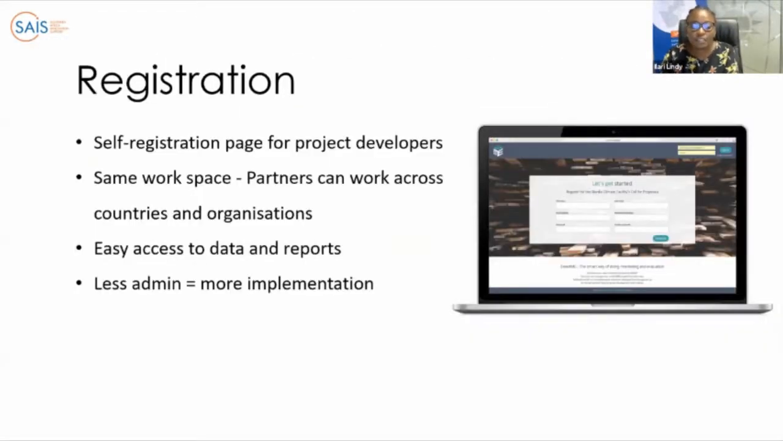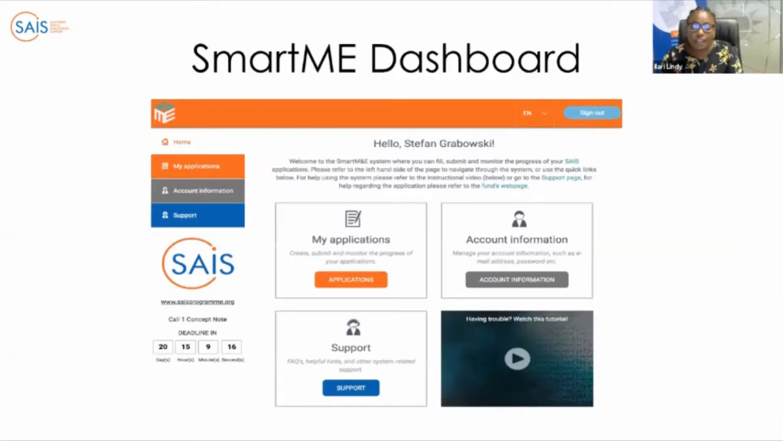there on the screenshot that is showing now on the system, that's the registration page. What you need to provide on that registration page is your name, your surname, your email address, and the password. Once you are done with that, you can click on the register tab, and then you will get a verification confirmation sent to your email. Once you are done with that, you can open your SmartME system to start with your journey to submitting